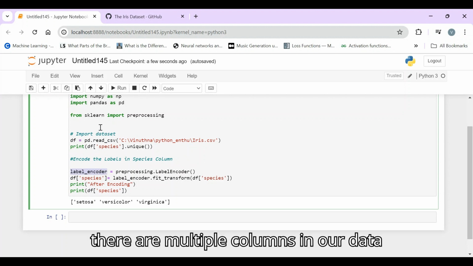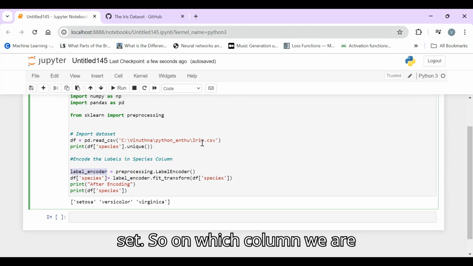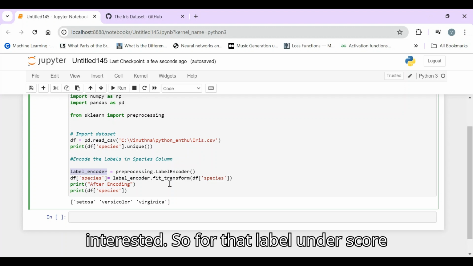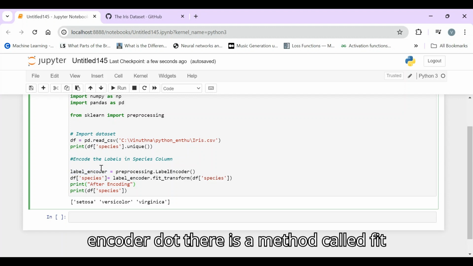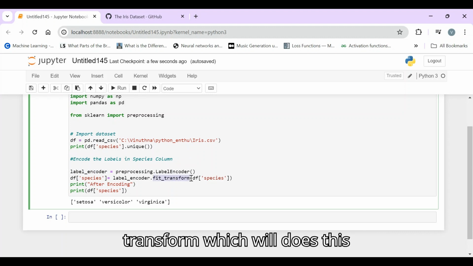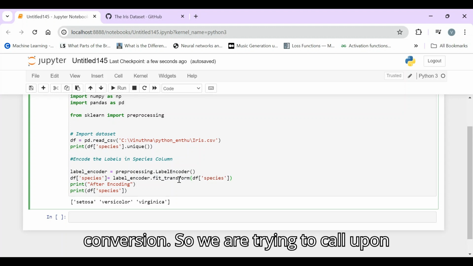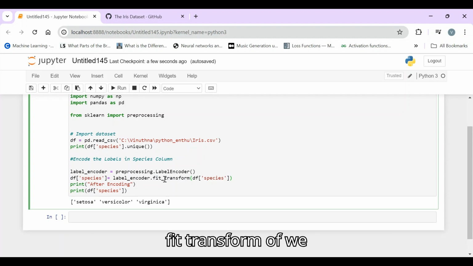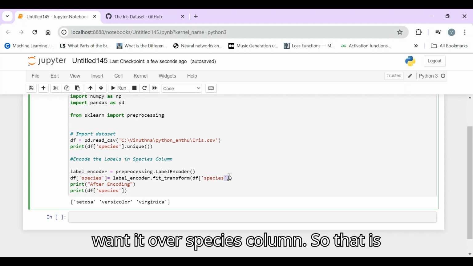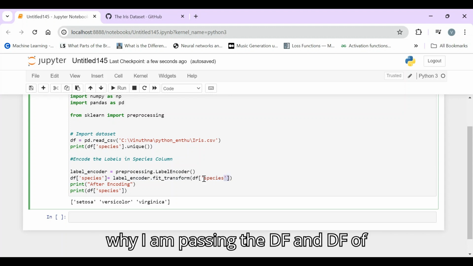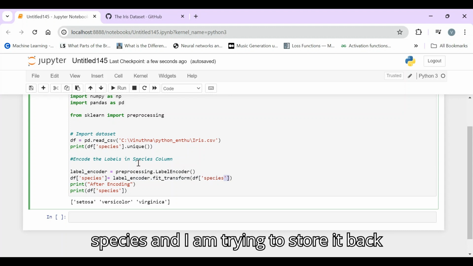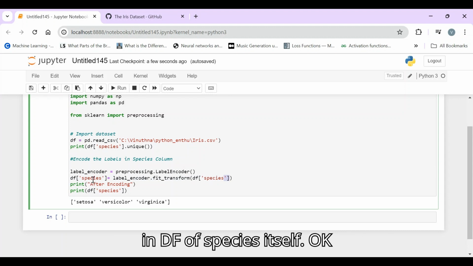There are multiple columns in our data set. So on which column are we interested? For that, label_encoder dot, there is a method called fit_transform which does this conversion. So we are calling fit_transform, and we want it over the species column. That's why I'm passing df of species, and I'm storing it back in df of species itself.